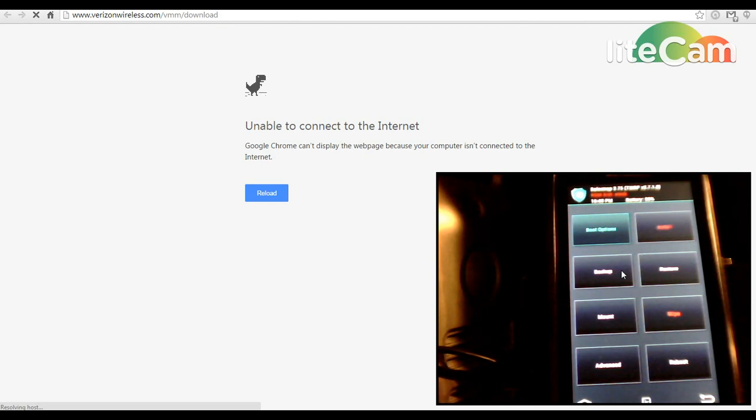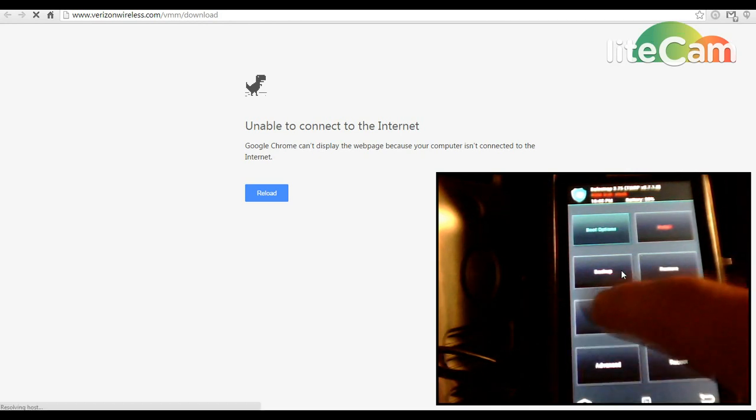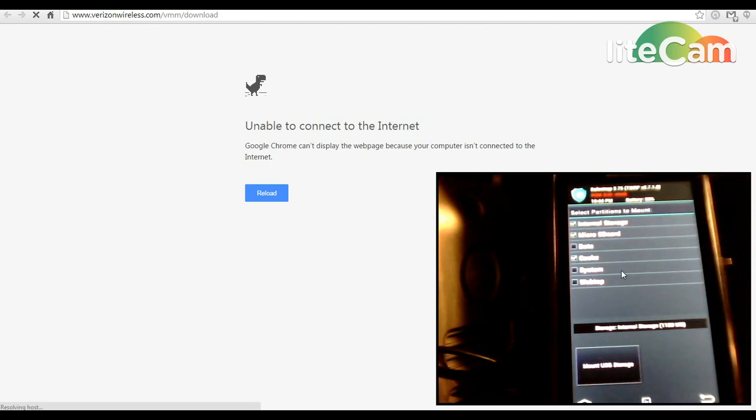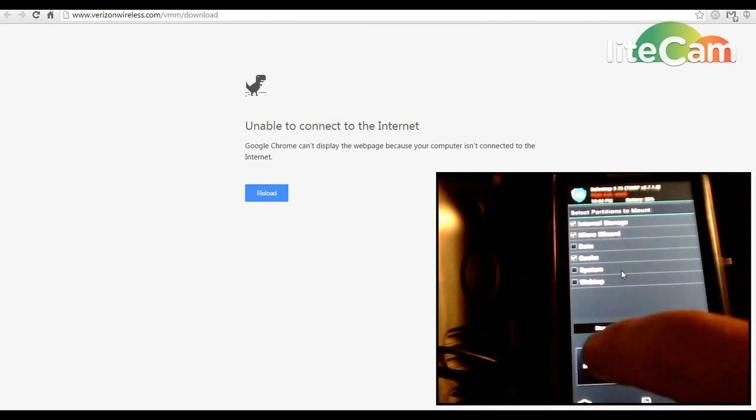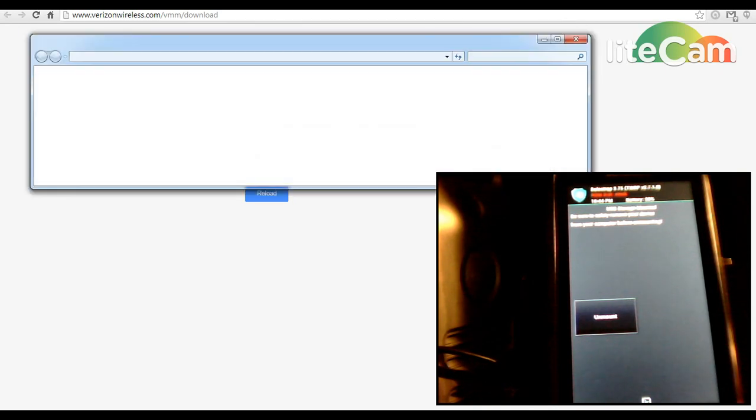Now we didn't place our files on the phone yet, so we're just going to go ahead and click Mount, and you want to check internal storage and or micro SD card, depending on where you want to place the files, the ROM and the Google Apps, and then we're just going to click Mount USB Storage. And then when you do that, it'll